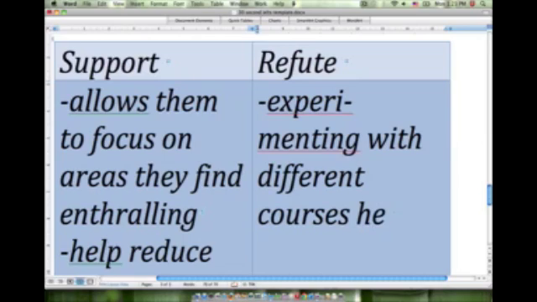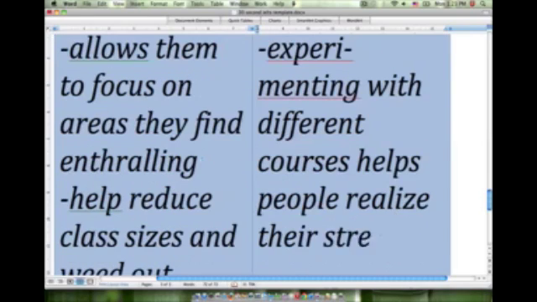Different courses help people realize their strengths, maybe. I'm sure most people have some personal example where in their childhood they studied one thing that they found totally boring, and then when they finally decided to go to university, or even to pursue a career, this thing that they once found totally disinteresting becomes quite central to their later work. So that could be the first point.